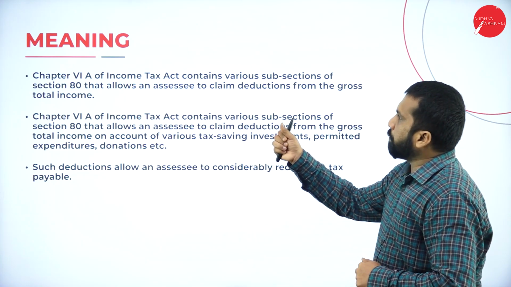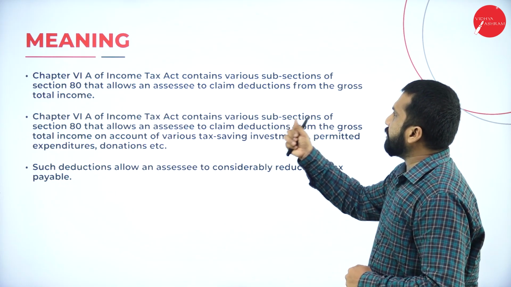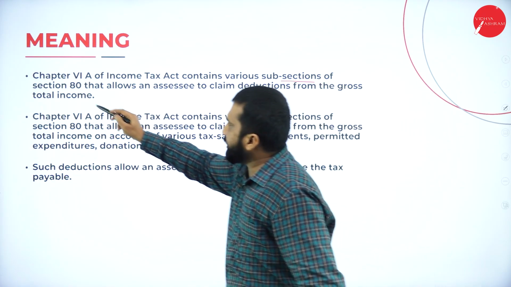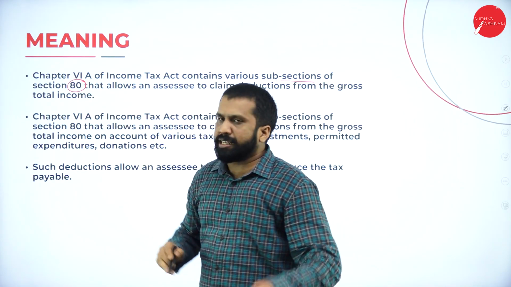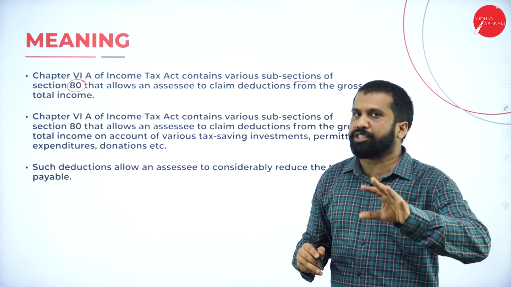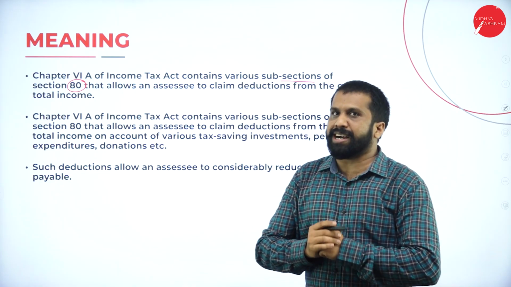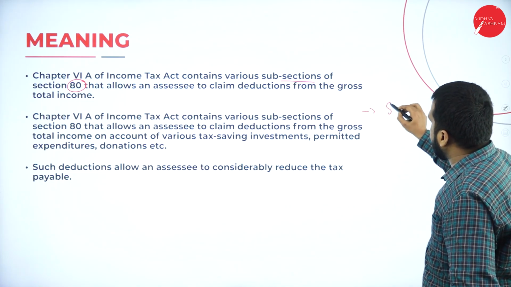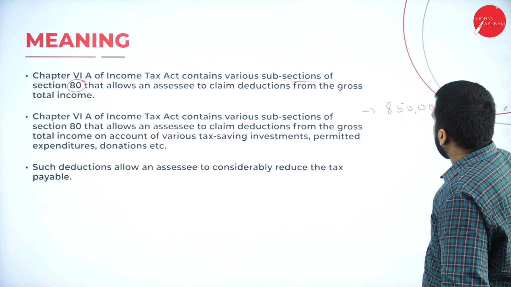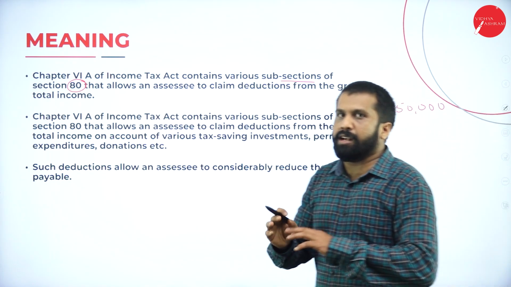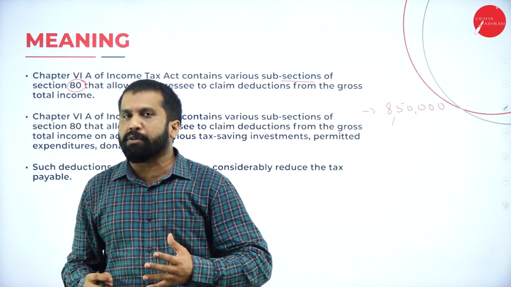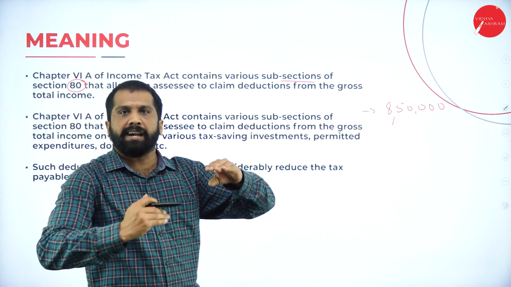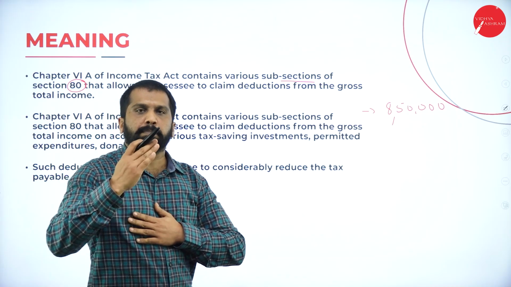Now, Chapter 6A of Income Tax Act contains various subsections of Section 80. I'll give you a clear picture about what is Section 80. Now, just assume that your total income is 8,50,000. It includes your salary, house property, business or profession, capital gain, other source, everything. After adding, just assume that my income per year,